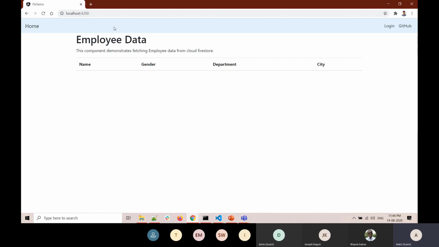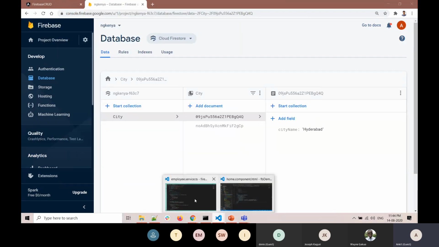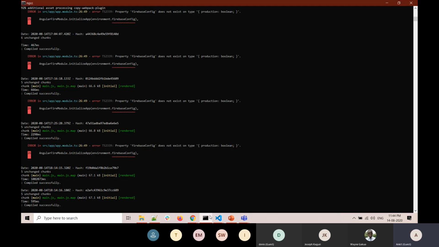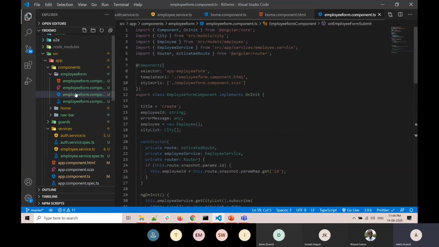So let's go and talk about adding data also. Let's discuss how we are going to create a form to add the data. So this is about fetching the data. Let's discuss adding a form for the data, and then we can see the end-to-end flow of the application.